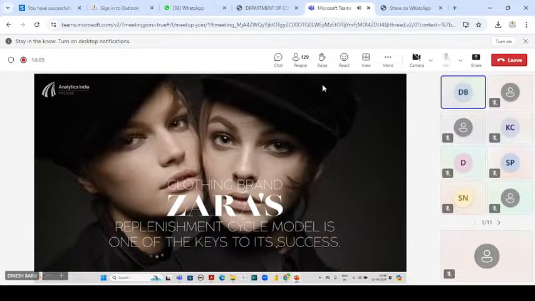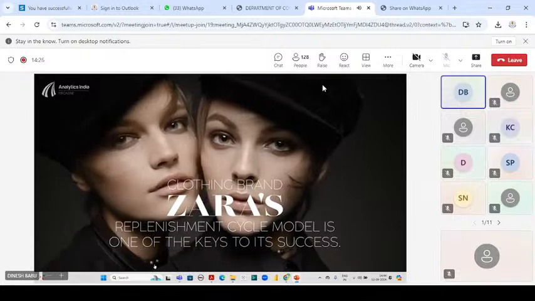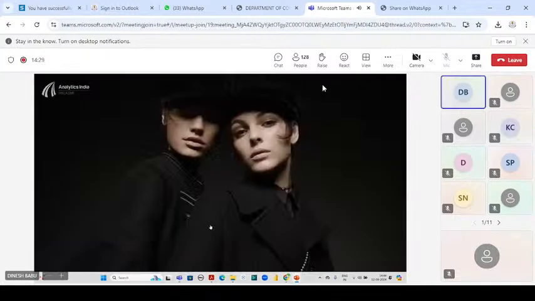What they did was integrate IoT with computational intelligence, and they track the movement of the garments. Each and every garment has an RFID tag. Once the customer purchases the garment, they remove the RFID tag from the garment, which means the particular garment has been sold. Only if the garment is sold do they remove the RFID tag.